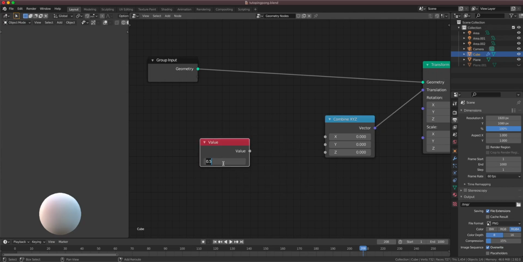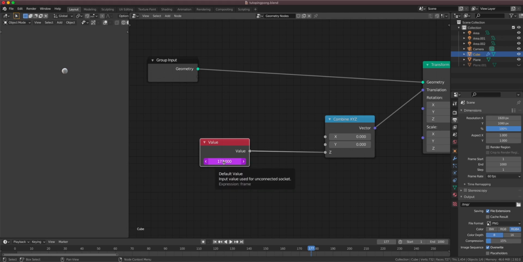We can type in here hash frame. You see the frame number is always the thing that's down here as well. And let's plug it into Z and let's press the play button. You see it moves up at a pretty fast rate, and that's because it's already 177 meters on the Z-axis. If it has to bounce, it has to move back and forth, and for that we have a